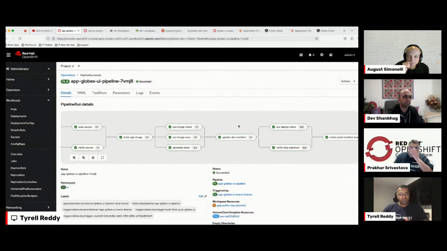Image scan is going to check your image to say, are you using something that's not trusted? So is there something you're using from Docker.io that, as you know, Red Hat doesn't trust, right? It's going to flag all those issues for you at this step, and you could flag them as high or critical. If, for example, you don't want to use any images from Docker.io, you could set up a policy in ACS to say if there's an image that contains those layers, we'll flag that as a critical issue and break your pipeline, stop your pipeline at this step.